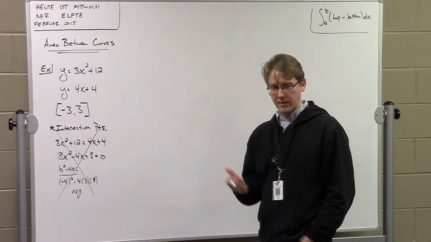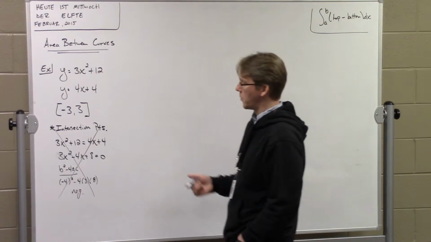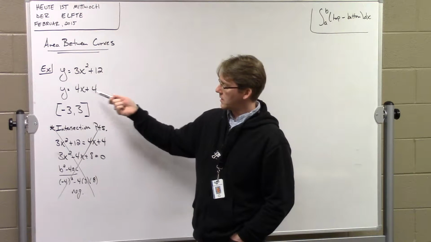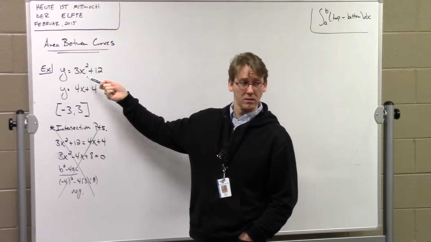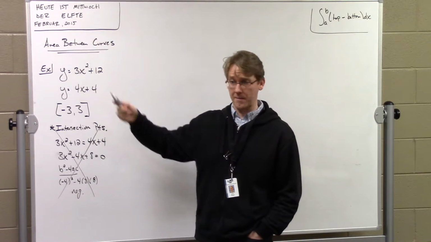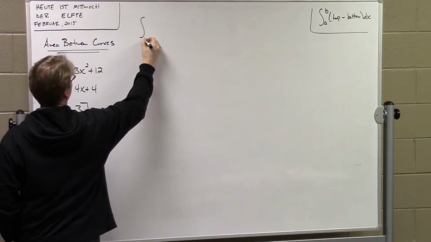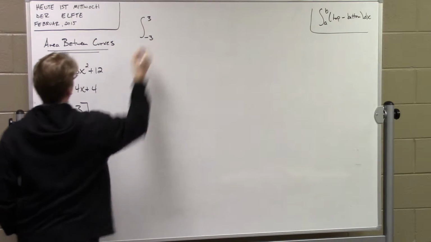Based on what we know graphs do, you should know that, or you can pick a test point. Pick 0. Stick in 0, you get 12; stick in 0, you get 4. This one's bigger, so that's the function that's always on top. So my integral is going to be a pretty straightforward problem setup, going from negative 3 to 3